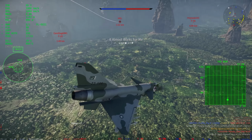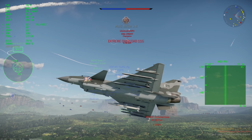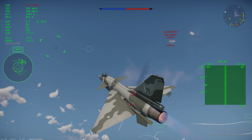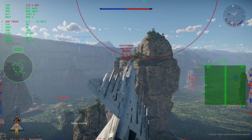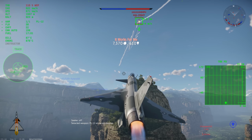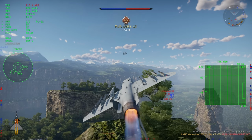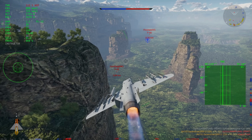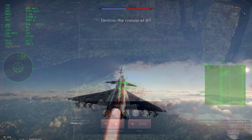Now, what I think happened here is they had originally planned to add the PL-8B, which is the missile this thing would have actually used in real life, which is a Python 3 with IRCCM. And so I think originally the PL-8 modification was supposed to be for PL-8Bs. And for whatever reason, that never happened, and they never fixed it, so this will probably get PL-8Bs at some point, and if you're watching this video in the future and that has happened by now, I fully expect the